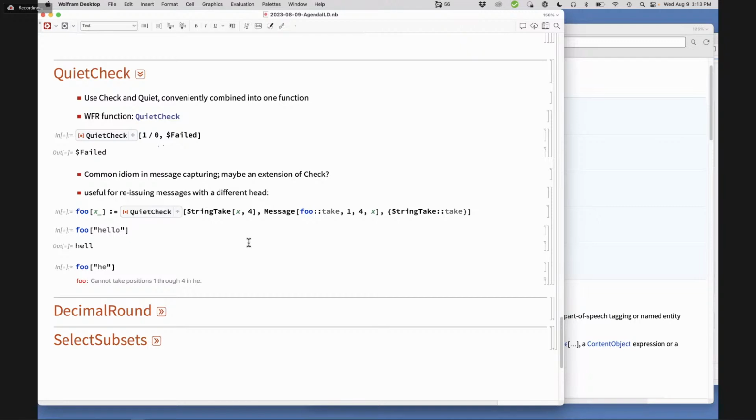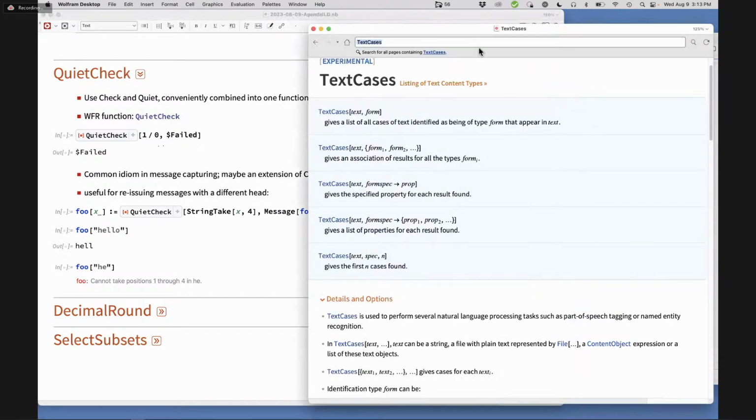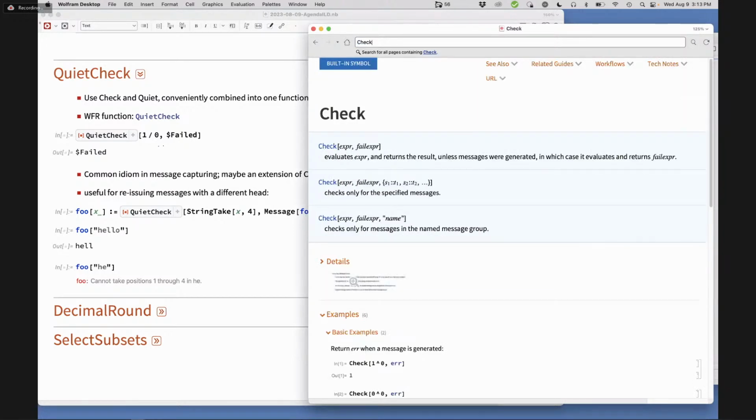A related need that comes up a lot in ILD is to replace message heads. I don't know if this is quite the right idiom for that in a general way, but it might be. What do you mean, to replace message heads with the actual function being used as opposed to where the message came from? Correct. It's pretty common in at least the initial versions of ILD functions we're calling other functions from top level, but we don't want those functions to pass their own messages up. We want to capture them and reissue them. We need a wrapper that just says rehead the message or something.